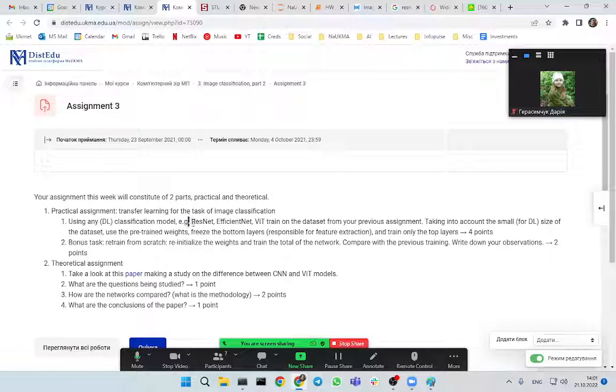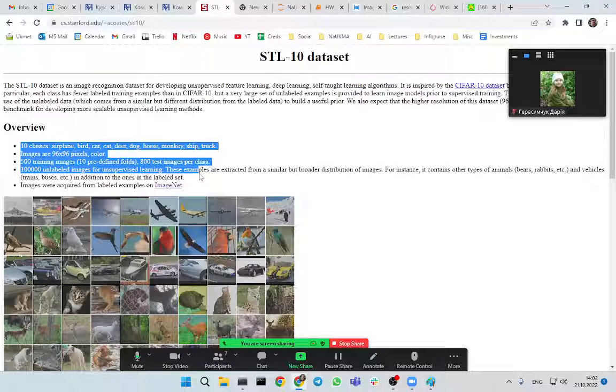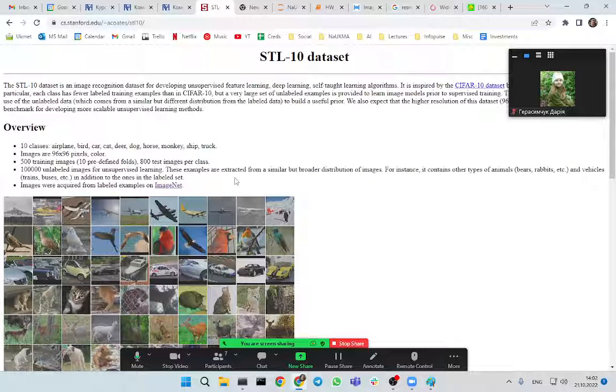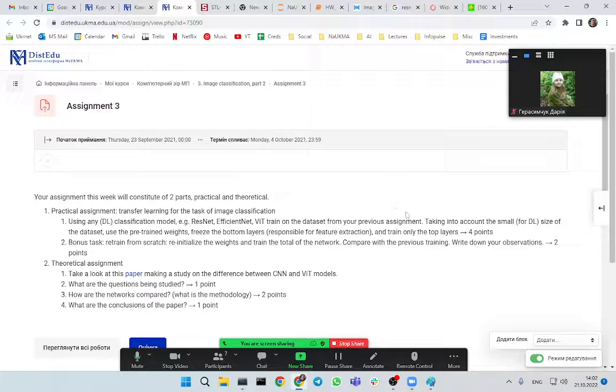Just anything of your liking. You can use VGG. You can use GoogleNet if you find it. Any version of ResNet, EfficientNet. Just make sure to not overfit on this data set. This data set is quite tiny, only about 5,000 training images, and you have to be careful. So let's continue. If this is even mentioned here, taking into account the small data set size, you have to use something called